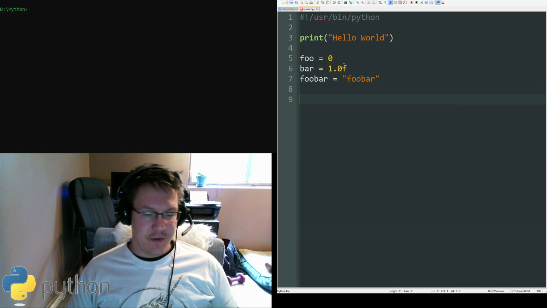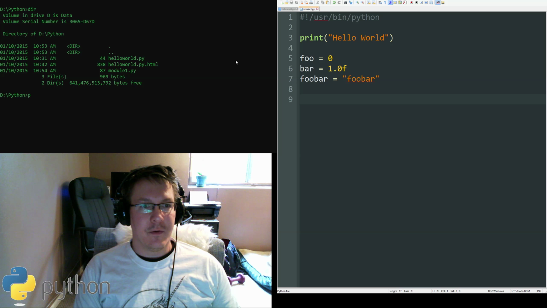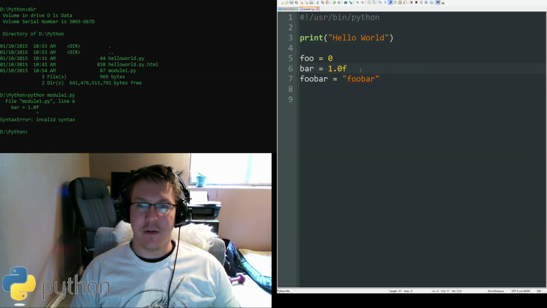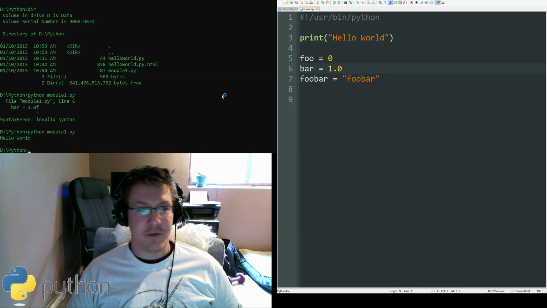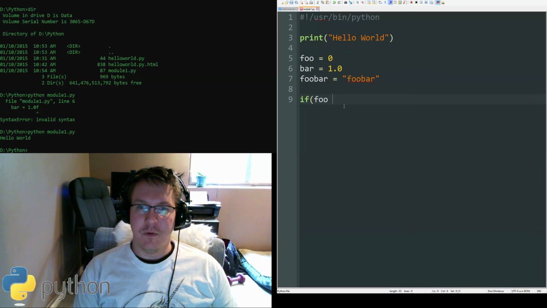So what happens if I run this at the command line? Well, I'm going to go python module1.py. I have a syntax error. Do I need the F? I'm not sure. It's been a while. Okay, you apparently don't need the F to declare it as a float. Just have a decimal. It must pick float or double for you automatically. There you go. So I'm going to say if foo is less than bar,